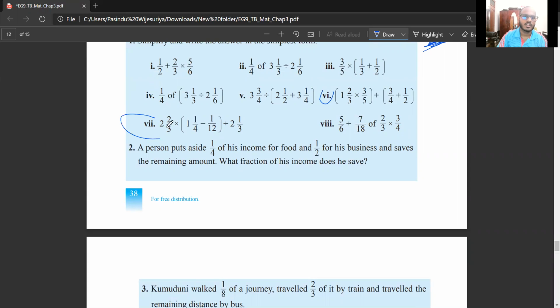Let's do this one, another difficult type of question. First thing, brackets. So what's inside the bracket is this: 5/4 minus